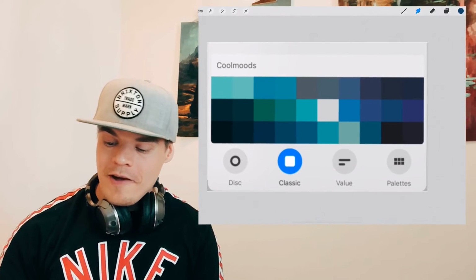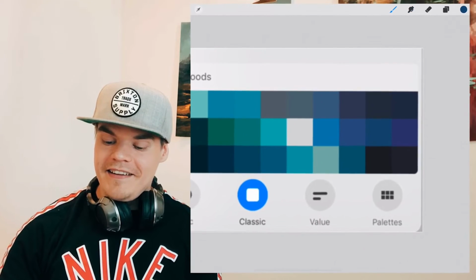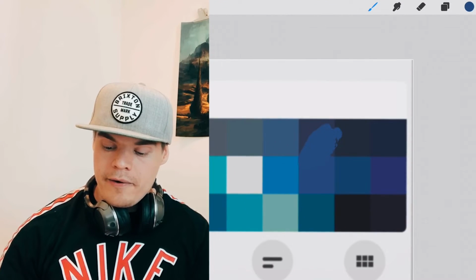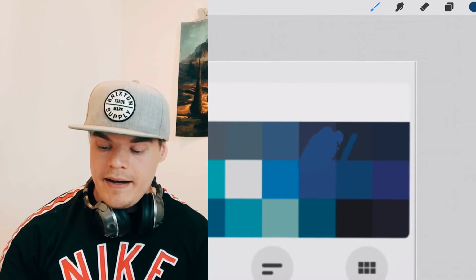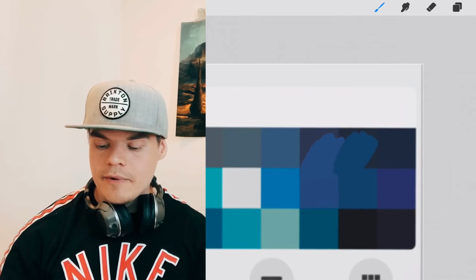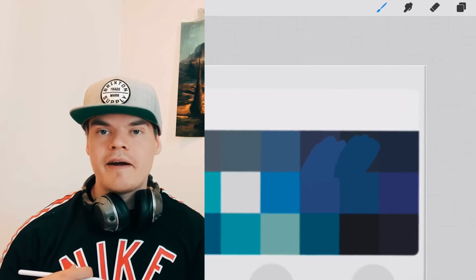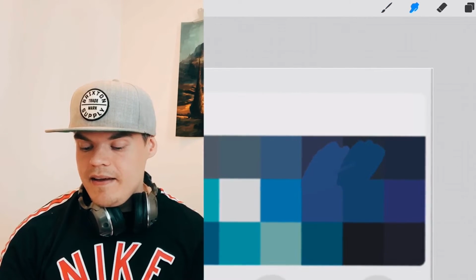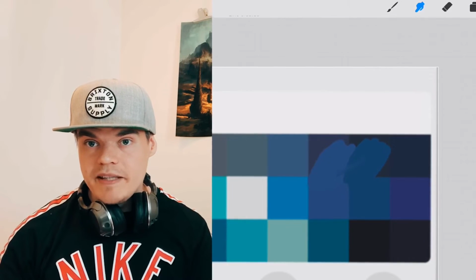So when you're using these colors and they're very close to each other in hue or value, it's sometimes hard to pick the right transition colors. I don't usually recommend using this tool, but for this painting I'm using this trick a lot. When I'm painting with this color, and I have a color next to it that is very similar in hue, and I don't want another swatch for in between these colors, and I need the transition to be smooth, I pick the blending tool and make a single brush stroke in between them,